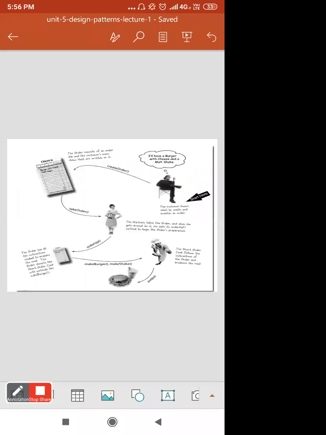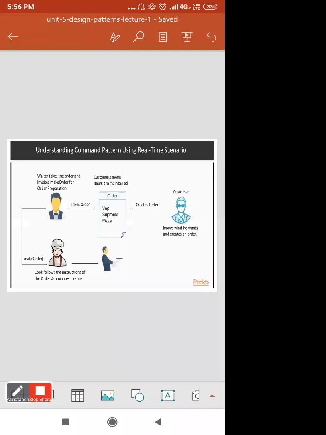To give you a clear idea of how the pattern is working, or how you have to think about that particular design pattern, these real time examples are given.